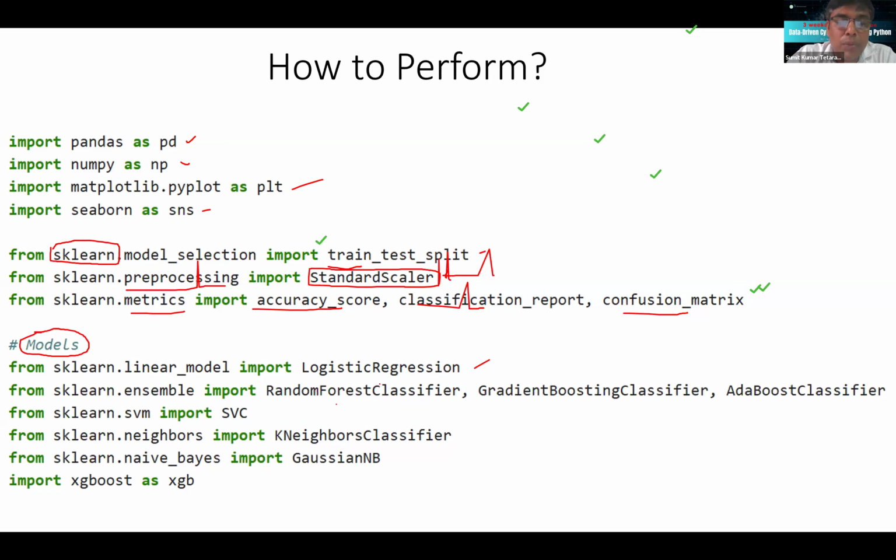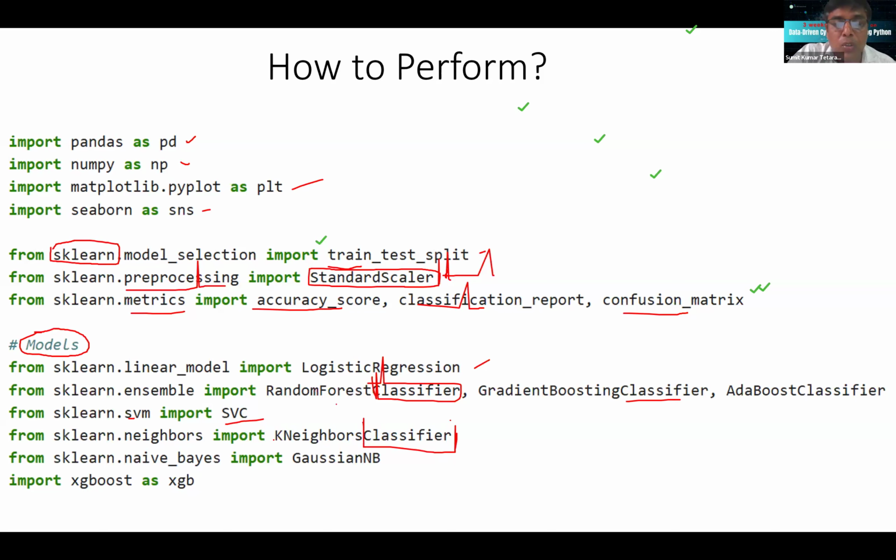Okay, random forest classifier. You can see here classifier. Okay, if it's a regression, it means this is a regression kind of classification, regression kind of supervised learning. Okay, now gradient Bayesian classifier. You can see the classifier is there. Okay, now these are the some popular algorithms, okay, that you can use. SVC is also using, SVM is also popular. K-Neighbors classifier, you can also use